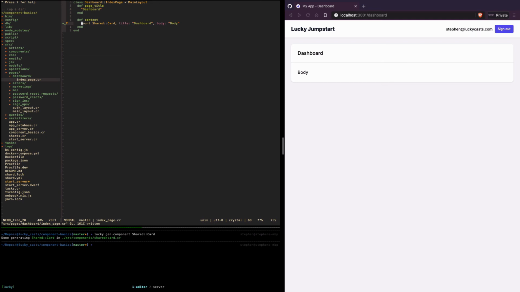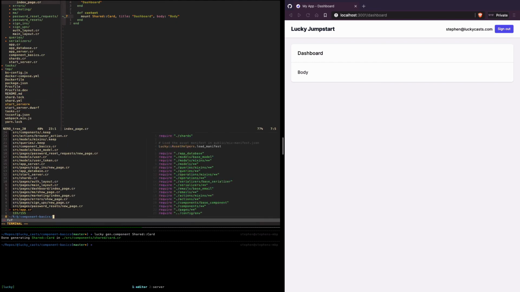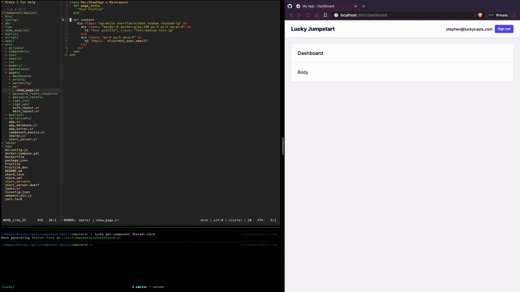So let's put this to the test by now taking this component and mounting it on our show page. So again, if I click into the show page in our browser for a user, I can see that it says your profile and then my email. Let's mount our new component instead with the same code, mount a shared card. For the title here, we'll call it your profile. And for the body, we'll say email is the current user